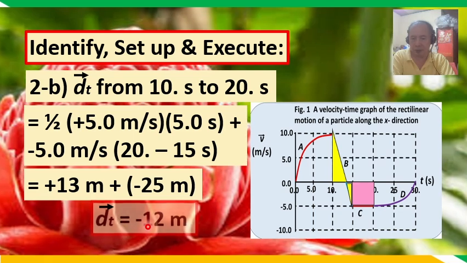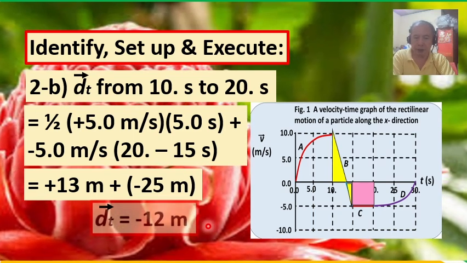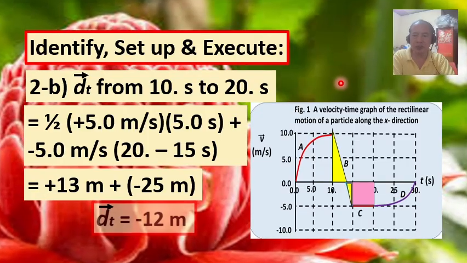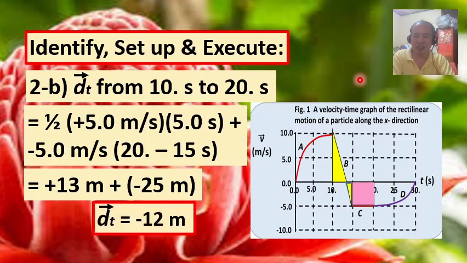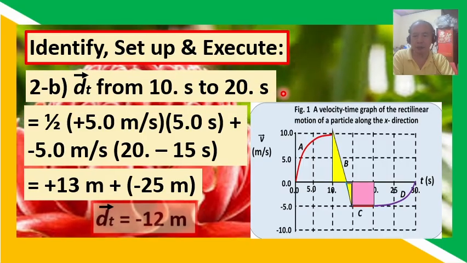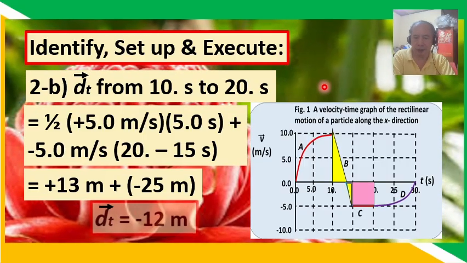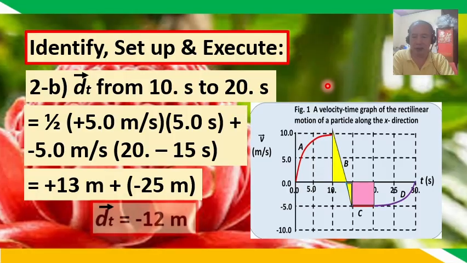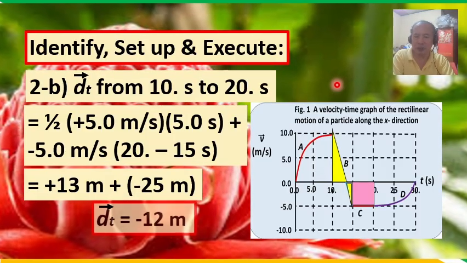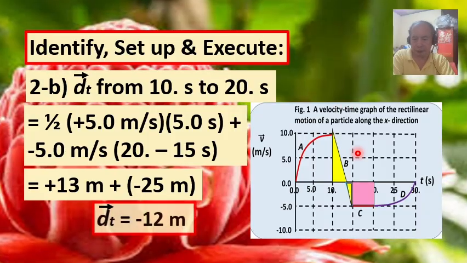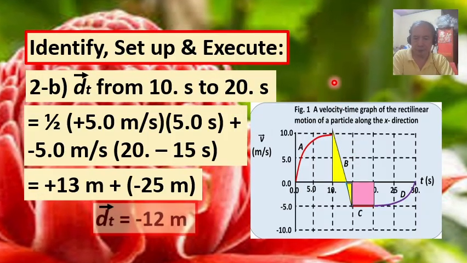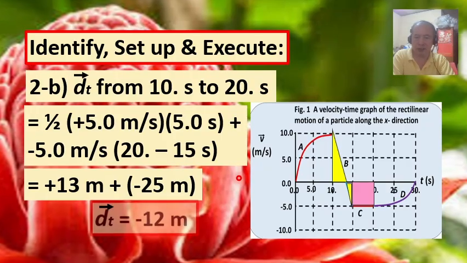That's the meaning of the negative 12 meter net displacement, which obviously is different from the total distance that the particle has covered within the same time interval. In letter A earlier, we got the value of the distance covered by the particle for the same time interval,